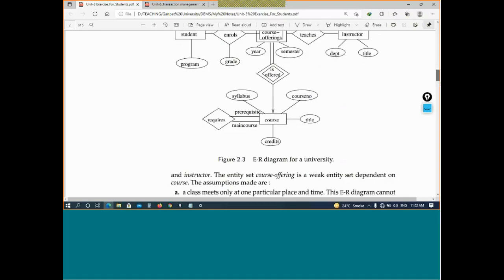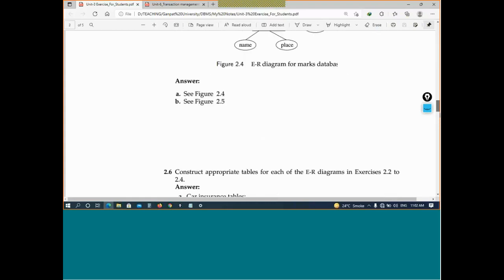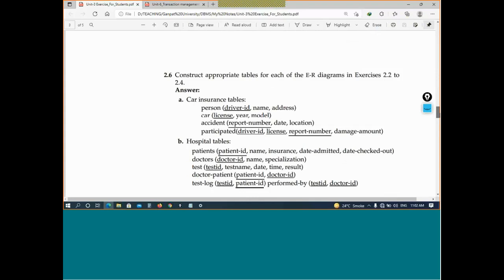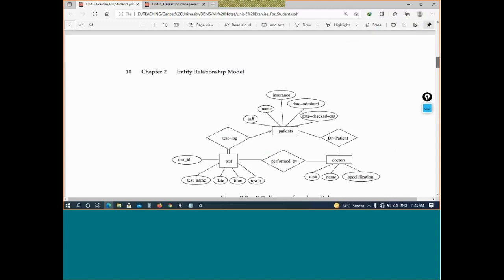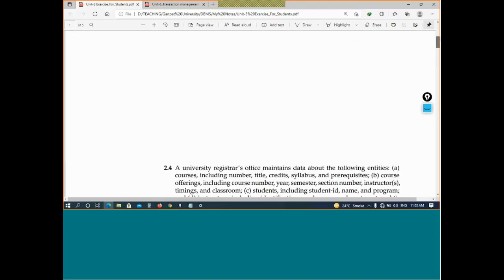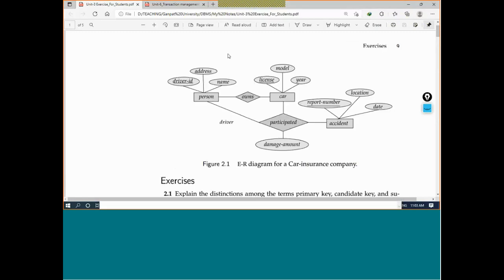Okay. Now one more thing we need to understand, and that is the conversion from the ER model to the relation model. अब हमें ER model में से convert करके उसको tabular format में लाना है, मतलब schema बनानी है. ठीक है. So quickly we will see 2-3 examples. First example was this. ठीक है. So here I will quickly show you how we can do this.